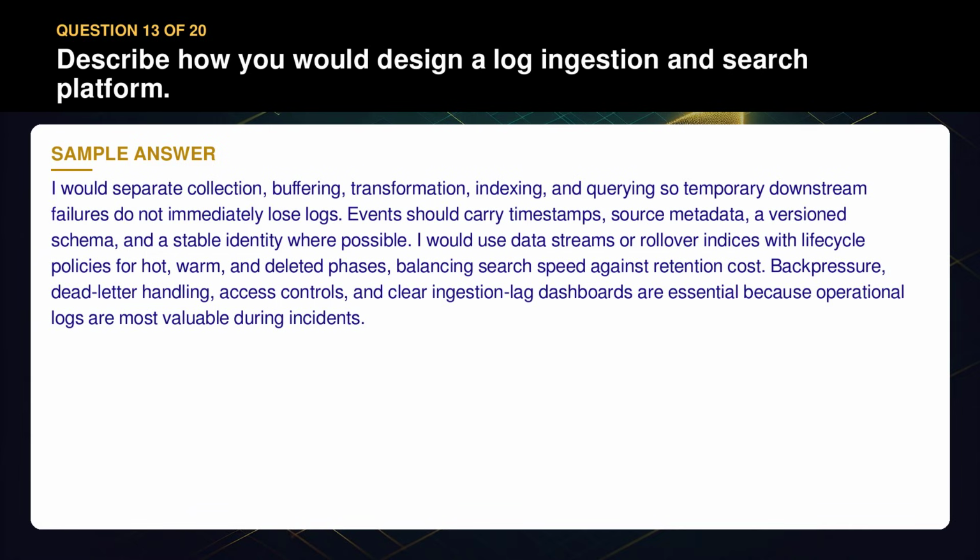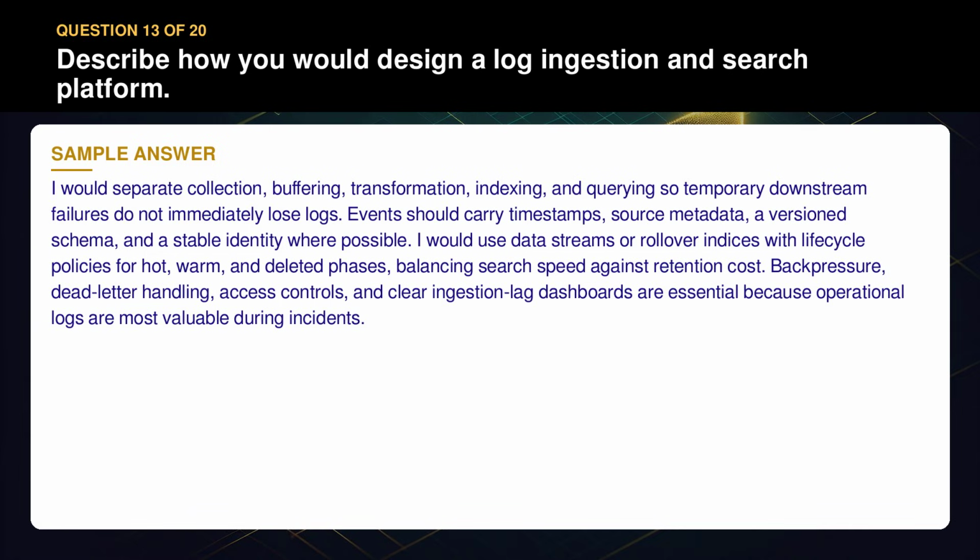I would separate collection, buffering, transformation, indexing, and querying so temporary downstream failures do not immediately lose logs. Events should carry timestamps, source metadata, a version schema, and a stable identity where possible. I would use data streams or rollover indices with lifecycle policies for hot, warm, and deleted phases, balancing search speed against retention cost. Backpressure, dead letter handling, access controls, and clear ingestion lag dashboards are essential because operational logs are